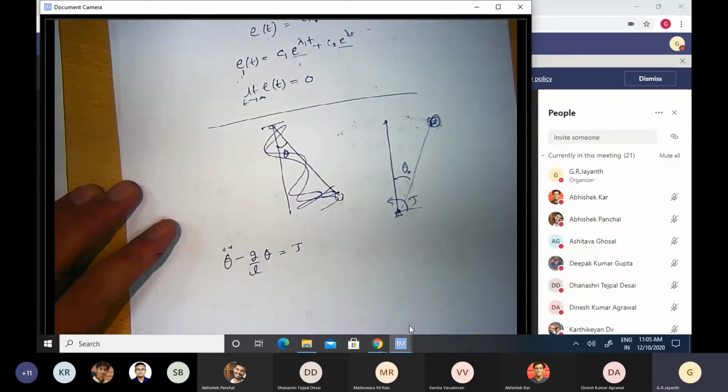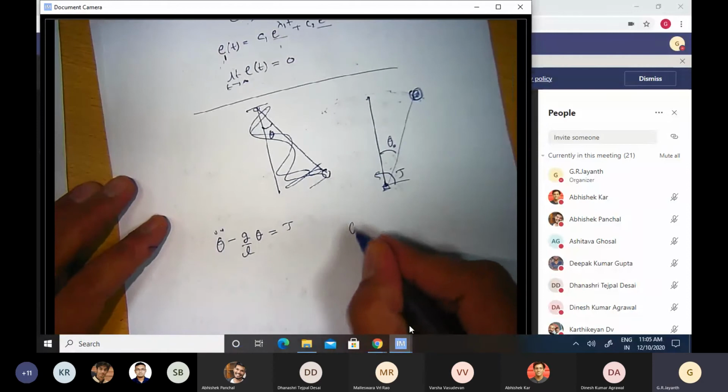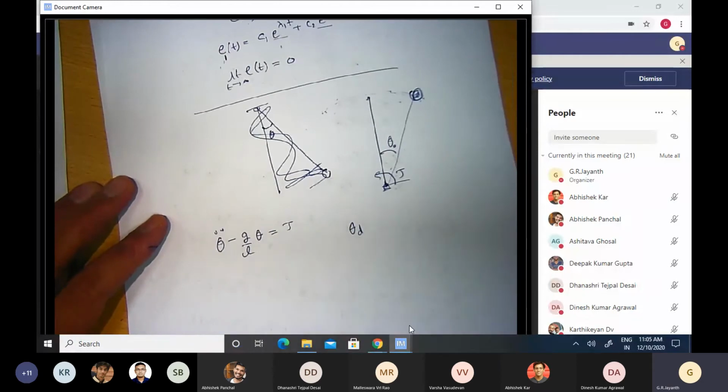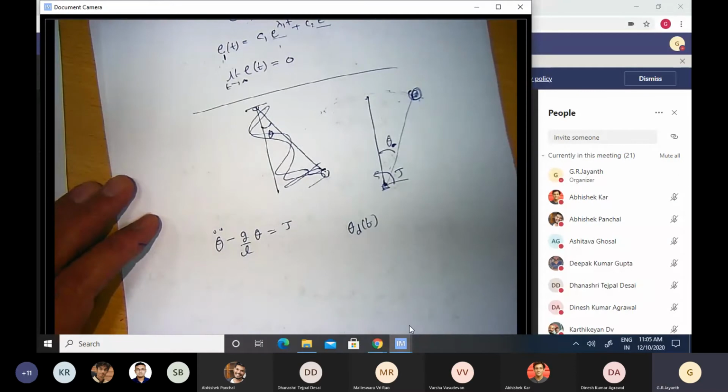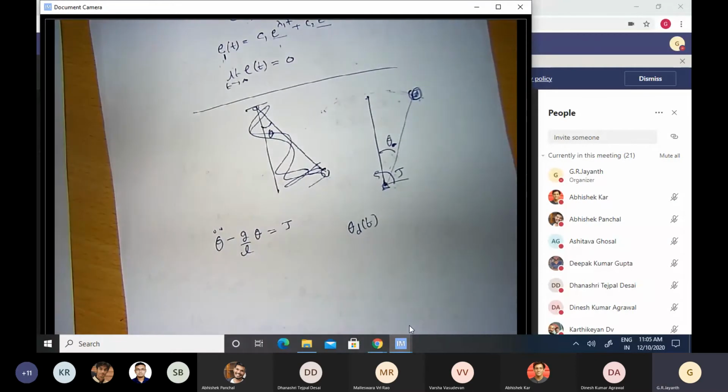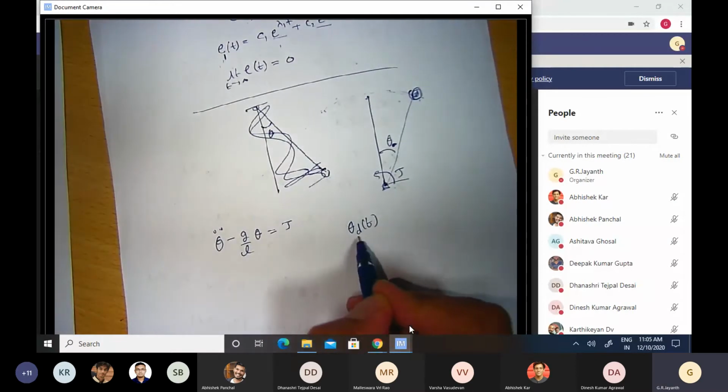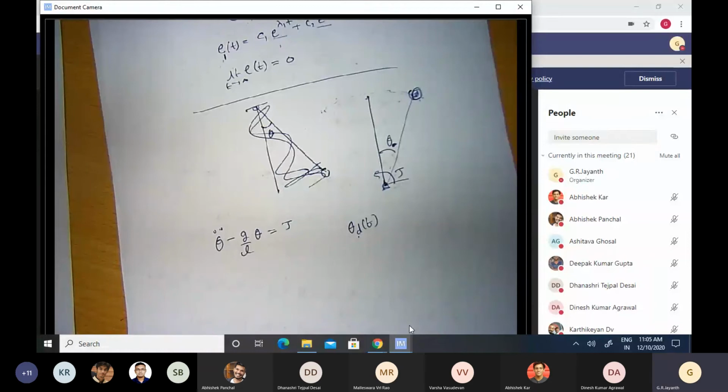So associated with that requirement, therefore, is this theta d, the manner in which I want my angle theta to change as function of time. Okay, so how do I get theta to follow theta d? What is the simplest way in which we can get that to happen?